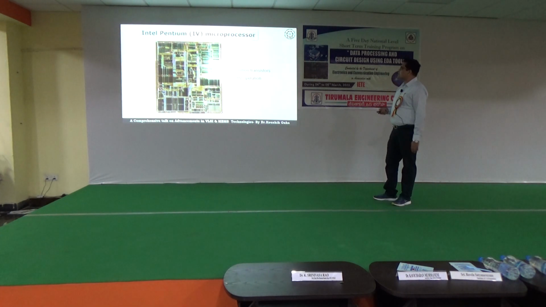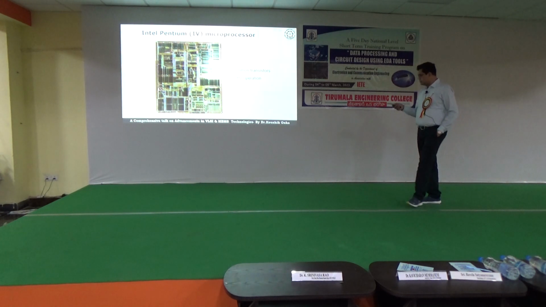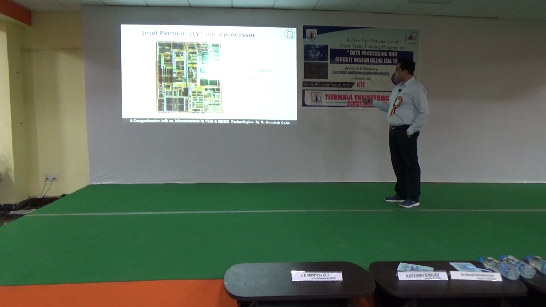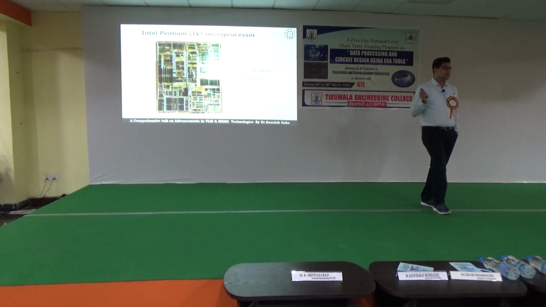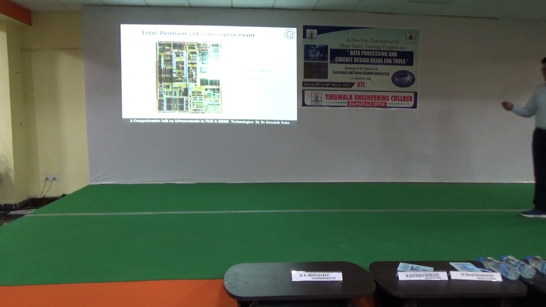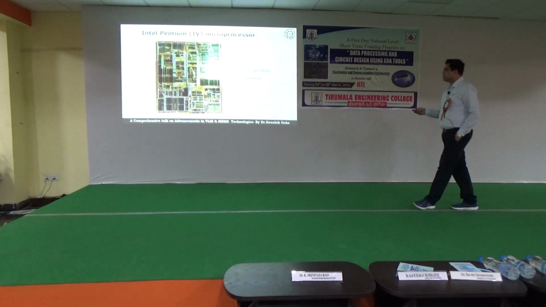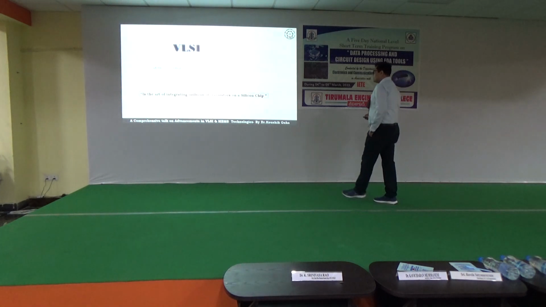This is the Intel Pentium 4 microprocessor, 2002, and you see the transition. What is the number of transistors? 42 million transistors in the year 2002. Intel's architecture reached 3 gigahertz operation. So in 2002 Intel had already reached 3 gigahertz. But not in a single day. It took many long years. So now, what is VLSI?